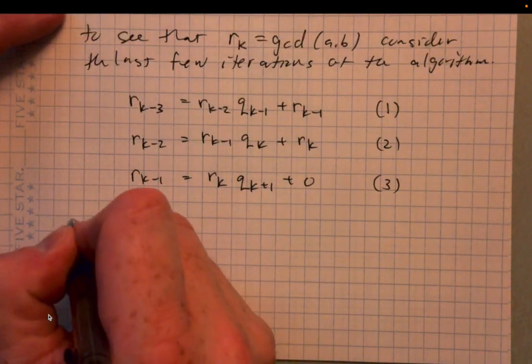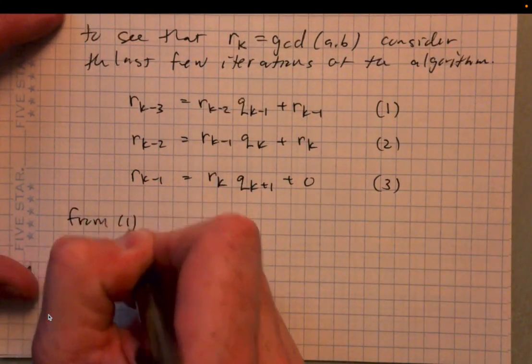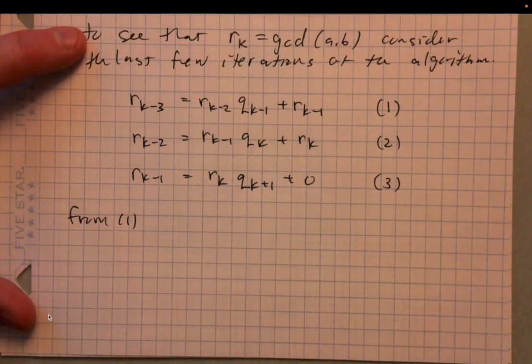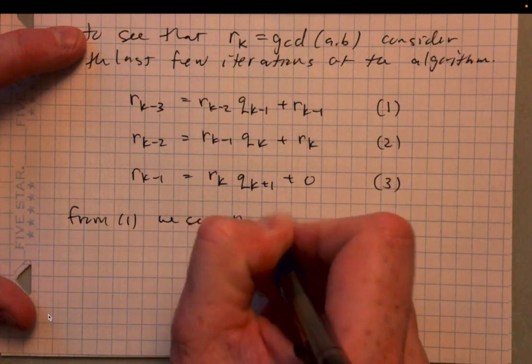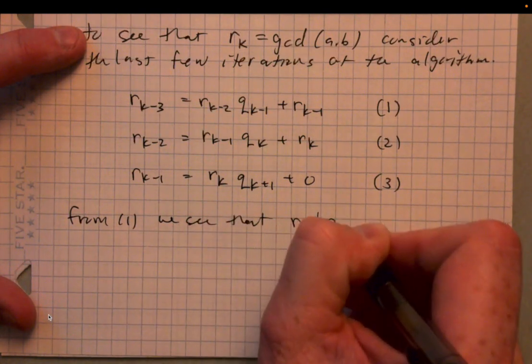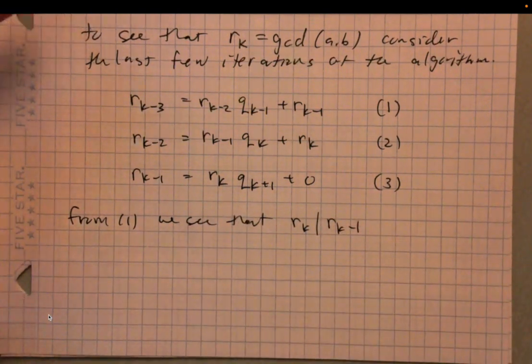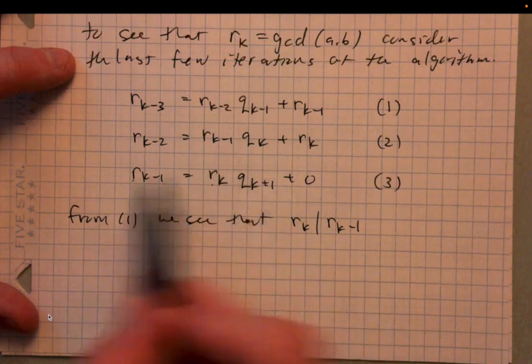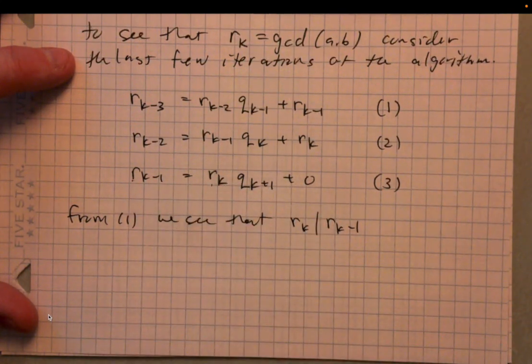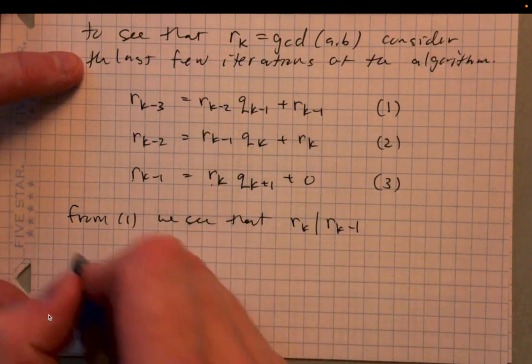So from 1, we can see that r of k divides r of k minus 1. Right? Okay, so that's straightforward here. So r of k divides r of k minus 1 because the remainder is 0 here. Okay, and then from 2,